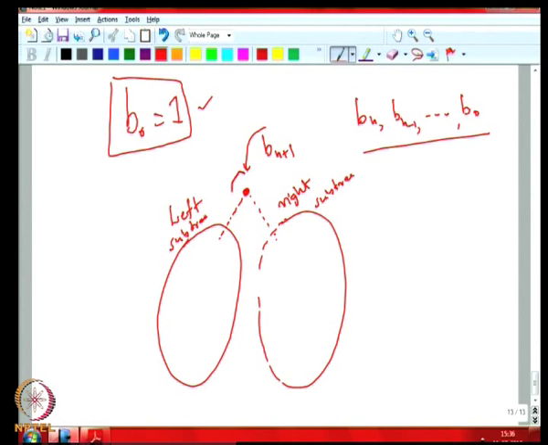Once this root is taken, we have n more vertices. Out of the n more vertices, we can decide to give 0 things here, in which case n things should go here. If 0 things are given, then the left tree is nothing. So we will say that that is B0. There is a B0 tree, that means there is an empty tree there. Corresponding to each tree possible here, we can see how many trees are possible here. That is essentially Bn by definition. So B0 into Bn possibilities are like this.